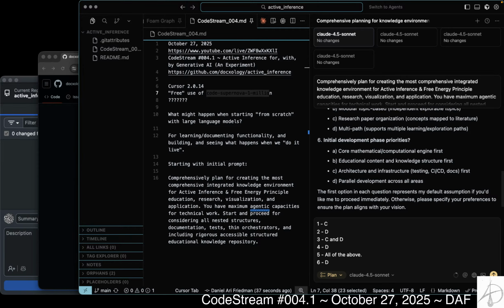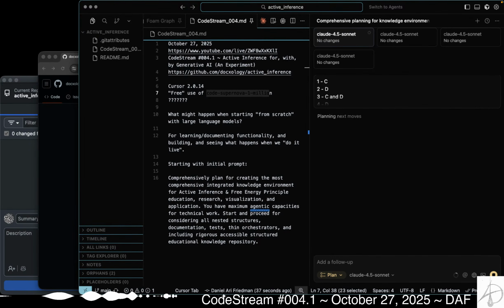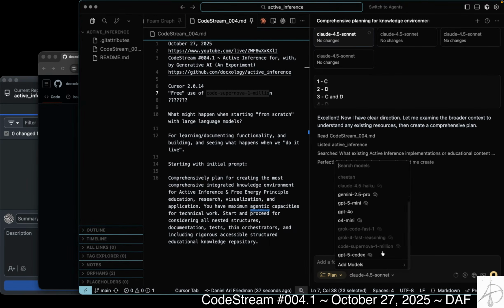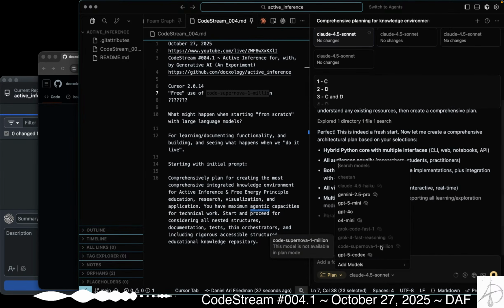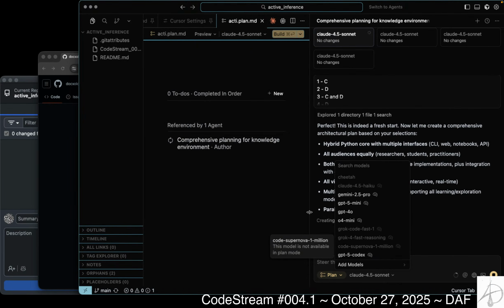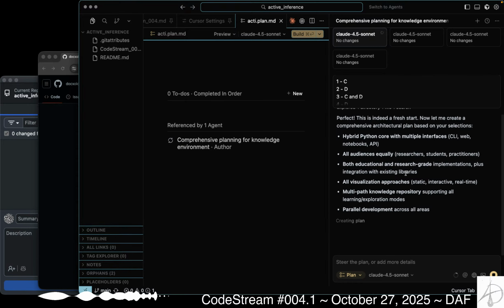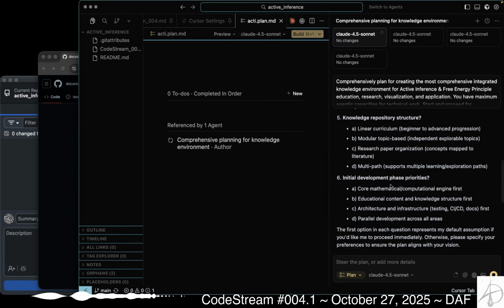So we'll see where this plan mode gets with laying out the initial structure in Claude, and then we'll see where this Code Supernova 1 million is going. So this is the build plan that Claude 4.5 Sonnet is laying out for that dialogue,